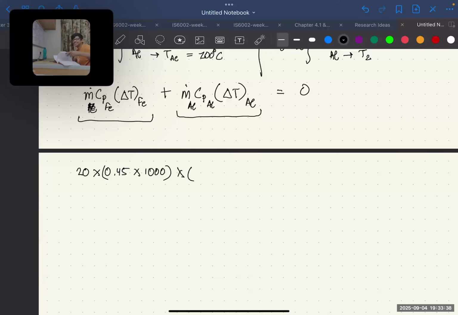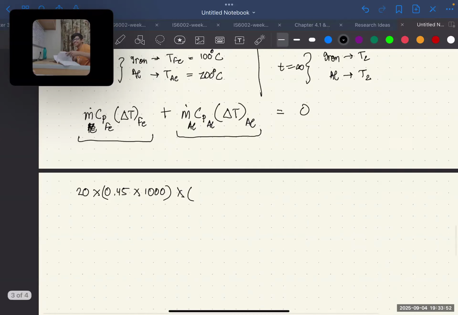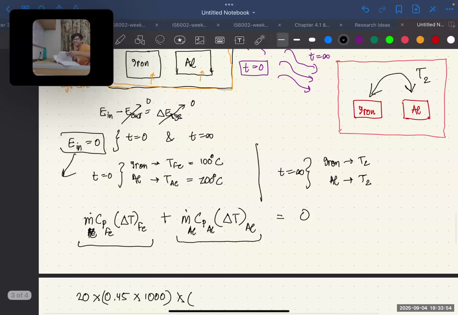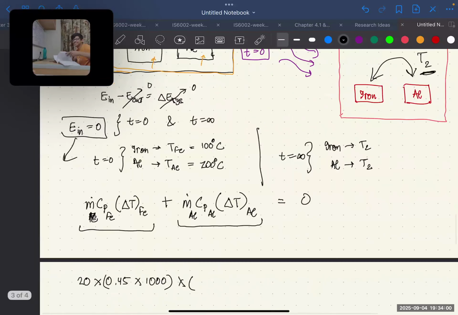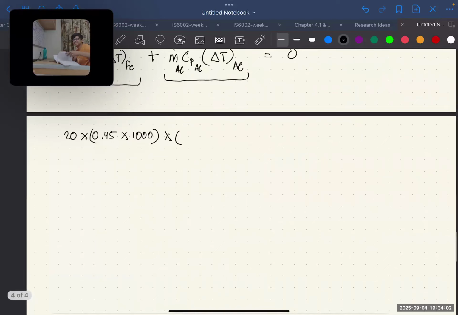What is the change in temperature which happened in the iron? It is very simply the final temperature of iron minus the initial temperature of iron. What is the final temperature of iron? It is T2, right? And what was the initial temperature of iron? 100 degrees Celsius. So we can say this times T2 minus 100 degrees Celsius